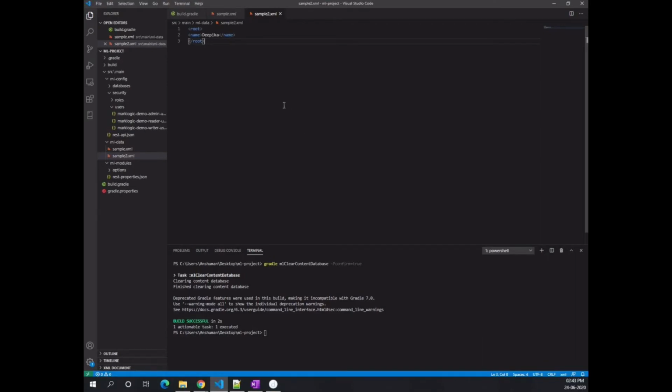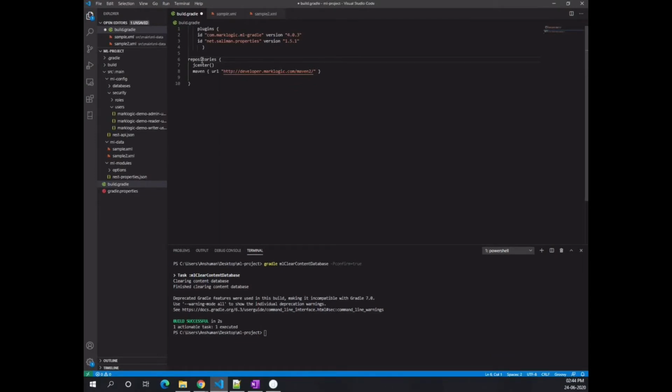Now let's go back to the build.gradle file, and we need to add some repositories, configuration and dependencies to start creating the MLCP task. First we need to add repositories. We have defined the repositories as JCenter and Maven repository.